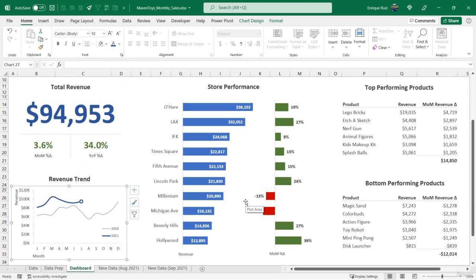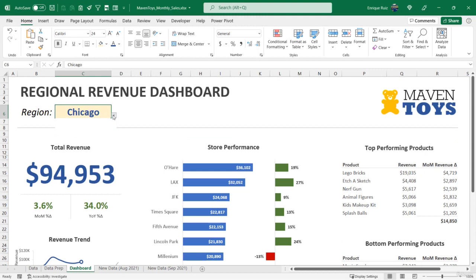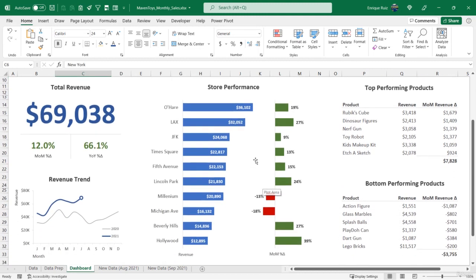Because right now we're showing all of the stores here. So if we use the region filter, then nothing is really happening. What would be great though is if I could highlight the stores for the selected region and gray out the rest. And once again, all I need to do is just create a new series here that has the values